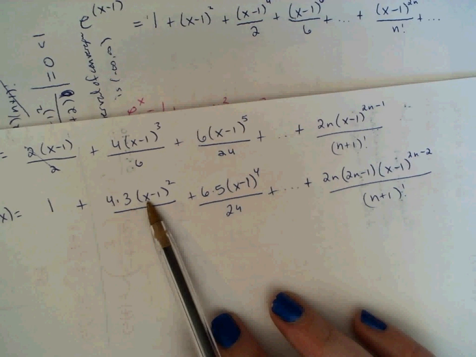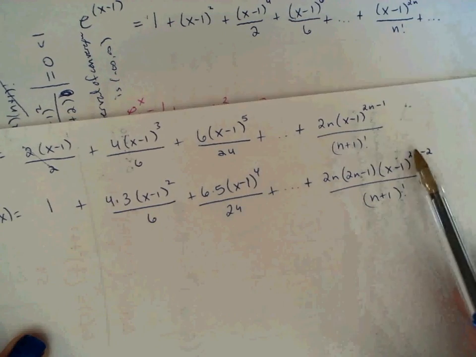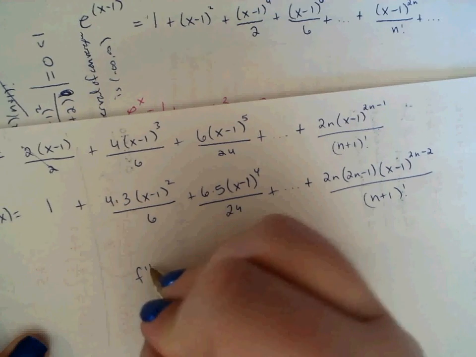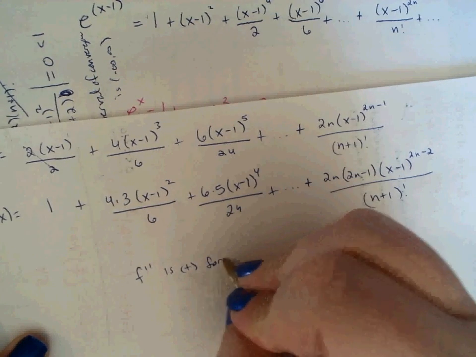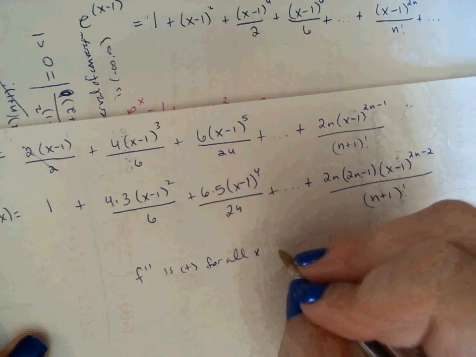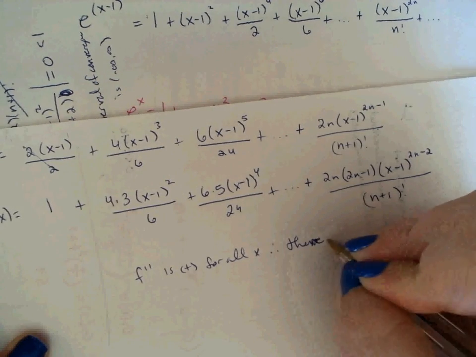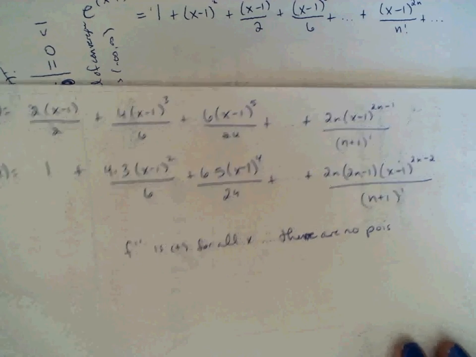The only part that could be negative is whenever I plug in x's that are less than 1, then x minus 1 is a negative value, but then you raise it to the second power, the fourth power, the 2n minus 2. So I would say that f double prime is positive for all x. Therefore, there are no